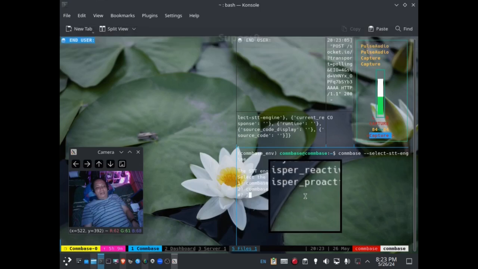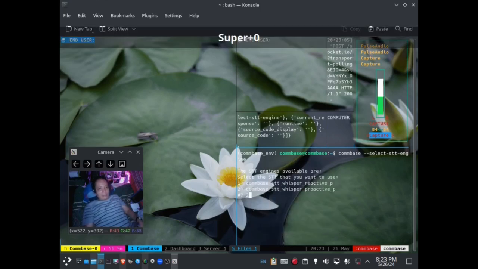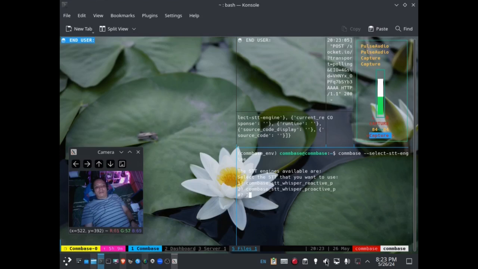And then press enter. And then I'm gonna speak, adjust the level, and then speak or send a Discourse message command, right? Or interaction with LLM through Combase. So enter.